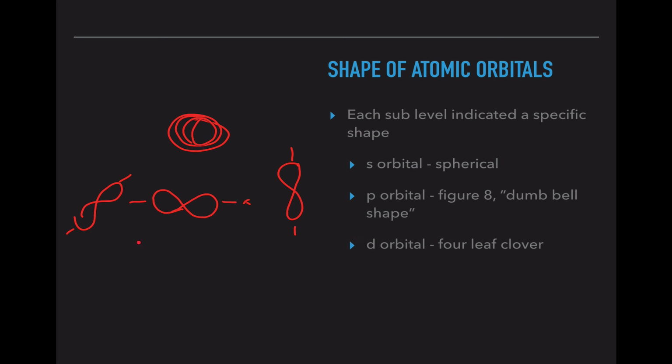And the d orbital is a 4-leaf clover. So it's like two of these dumbbells, but combined into a 4-leaf clover picture. So again, it can be along the x-axis, the y-axis, or the z-axis, and those end up making the orbitals look a little bit different. So these three are things we're going to be looking at in class and we're going to be focusing on